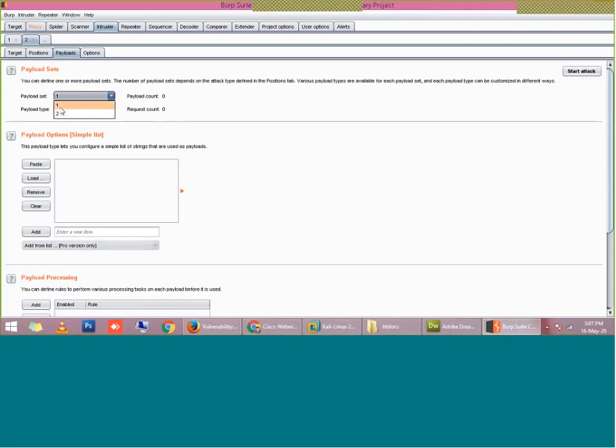When I select payload set 1, I have to give some well-known usernames and passwords, because as a hacker I do not know the correct username and password. So it is a hit and trial method, but an automated hit and trial method.